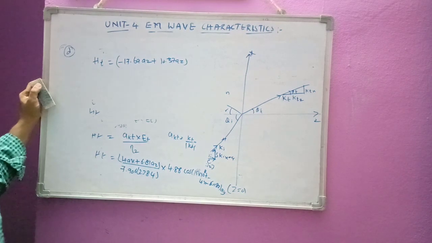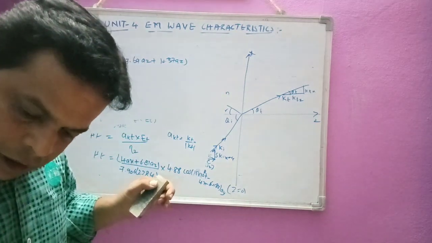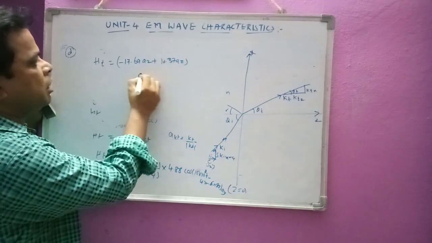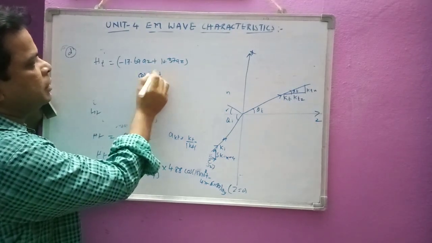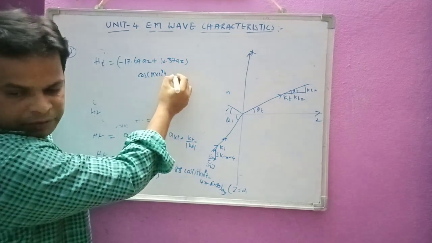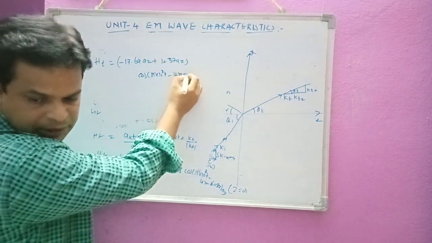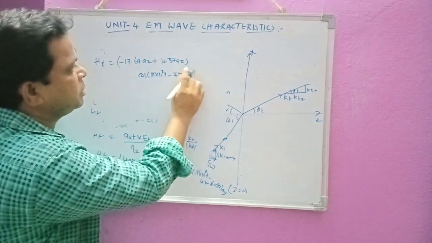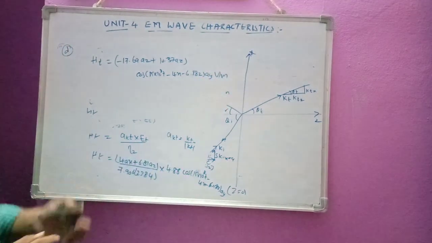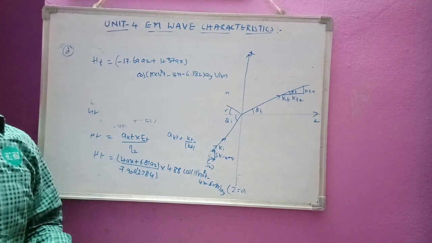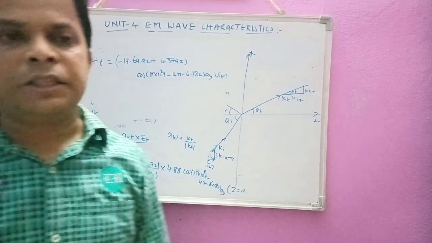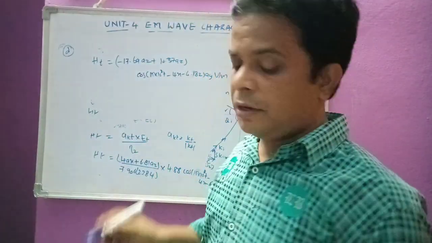and similarly here you have got the value of HTA is this one. Now I can write here that into cos of 15 into 10 power of 8 t minus 4x minus 6.18 z ay volts per meter. So that is the answer we are going to get for the final answer of this, that is Ht. Like this we are going to find the values of Ht.